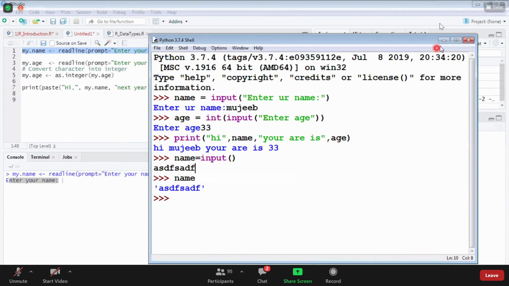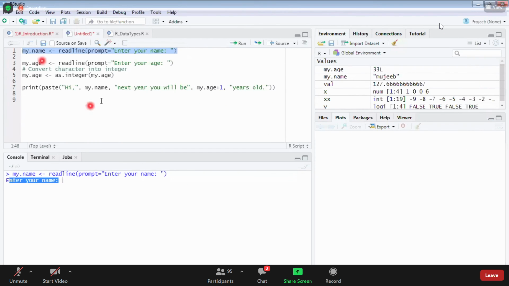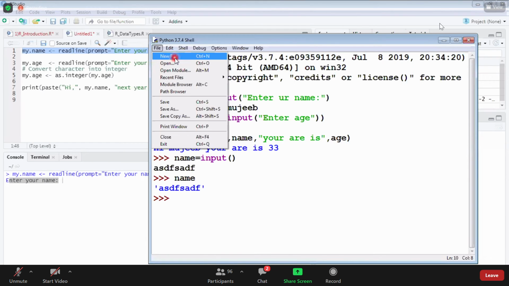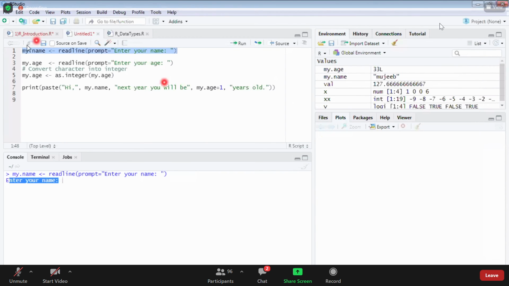It is not like working on a script, but you are writing a program in a script, yes or no? If you write code in a new script file and run it, will you get only the output on this shell, or will you get all the code here? Only output, you will not get the code. But here, from the script, you are getting everything. But I don't want this. I want only my output. Then you should go with source.